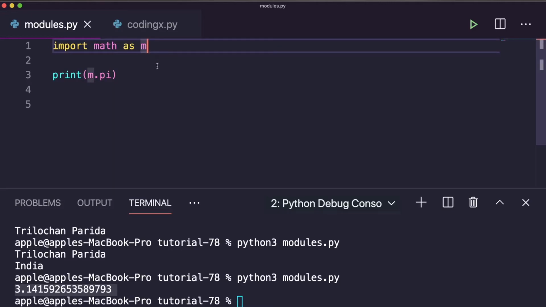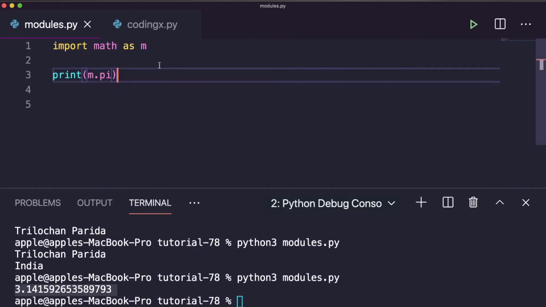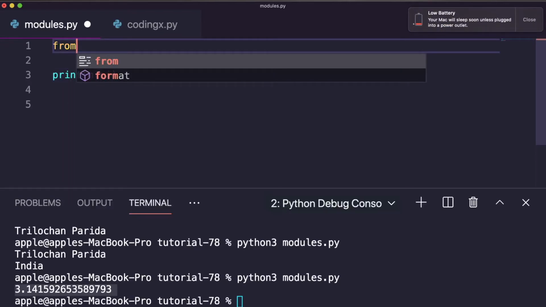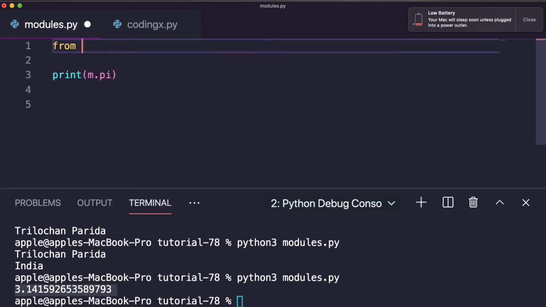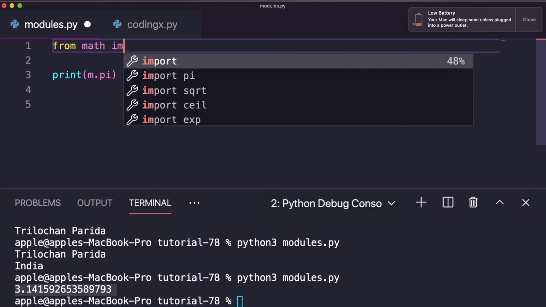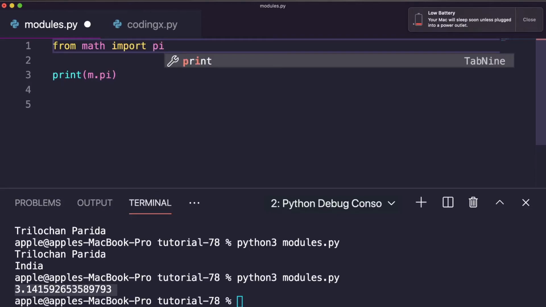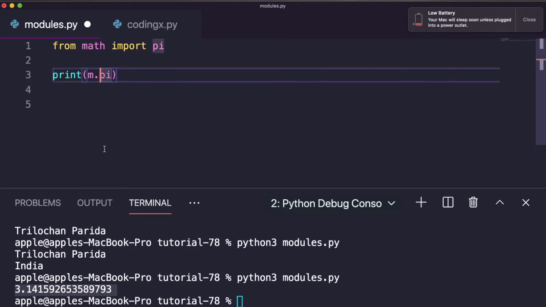Similarly, you can import math attributes directly. Here you can write from math, right, import pi. So you can directly write pi.